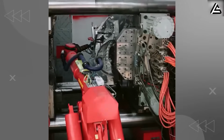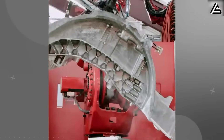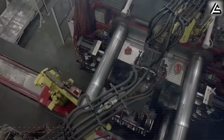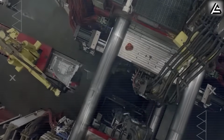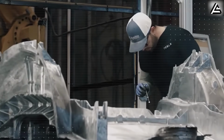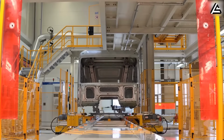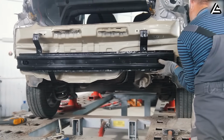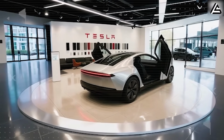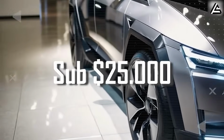Instead of hundreds of pieces welded together, Tesla deploys massive 6,000 to 9,000 ton presses, which are machines so large they require their own buildings, to die-cast the front and rear underbody sections as single, solid aluminum alloy pieces. We're talking about reducing 400 separate components down to just 2 or 3 major structural castings. The production impact is staggering as the assembly time drops by 30%, and manufacturing costs plummet by up to 40%. That translates to an estimated $5,000 to $7,000 in savings per Model 2, which is precisely what makes that sub-$25,000